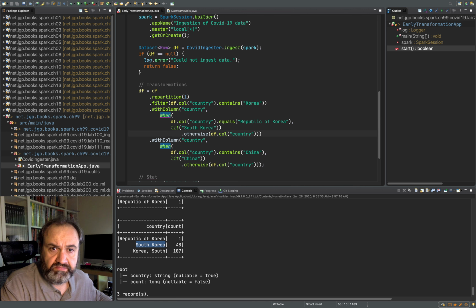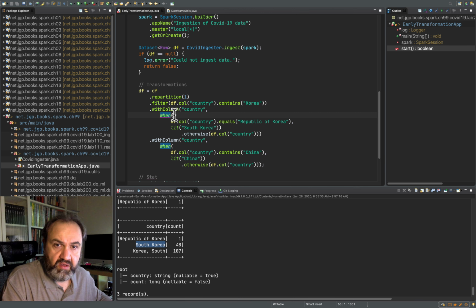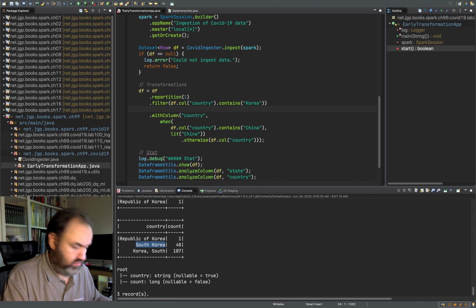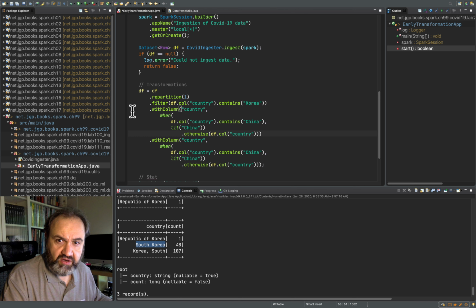I'm probably missing a column somewhere here. Parenthesis somewhere. Let's just do that. Okay, if I'm taking this block, putting it back here, okay, this is okay for it.